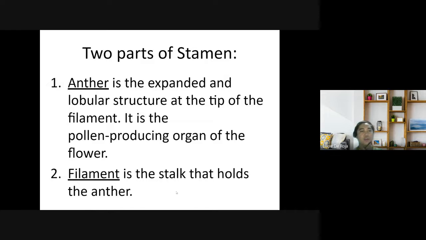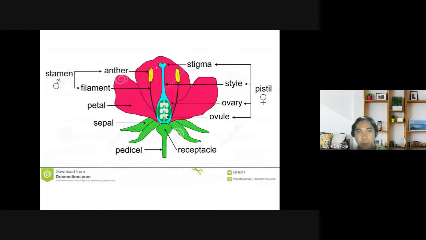Filament is the stalk that holds the anther. So, ito po yung anther, yung kulay yellow na yan. Yung yellow na po yan, may pollen green po yan na naka-attach po dyan. At yung filament, siya yung nagko-connect or